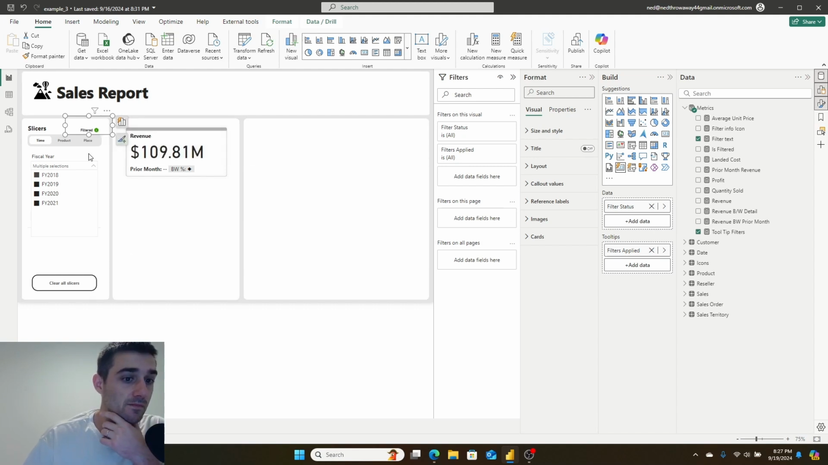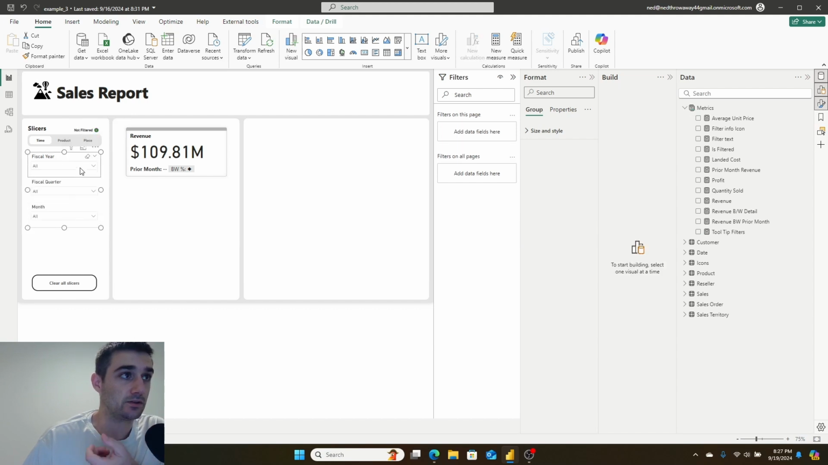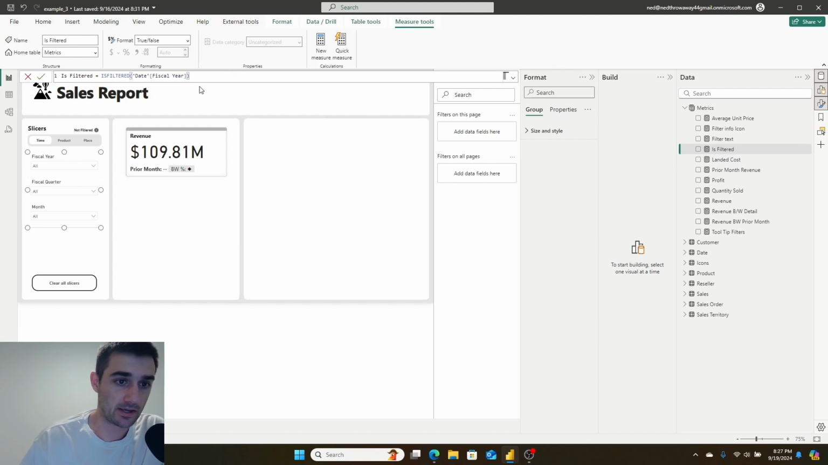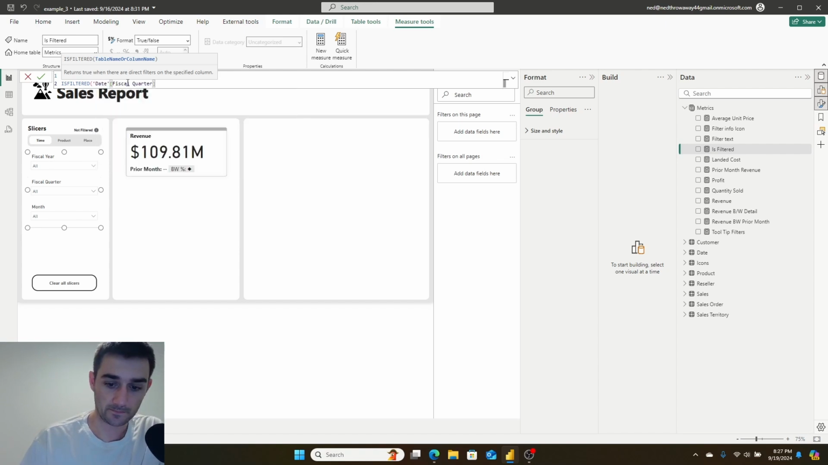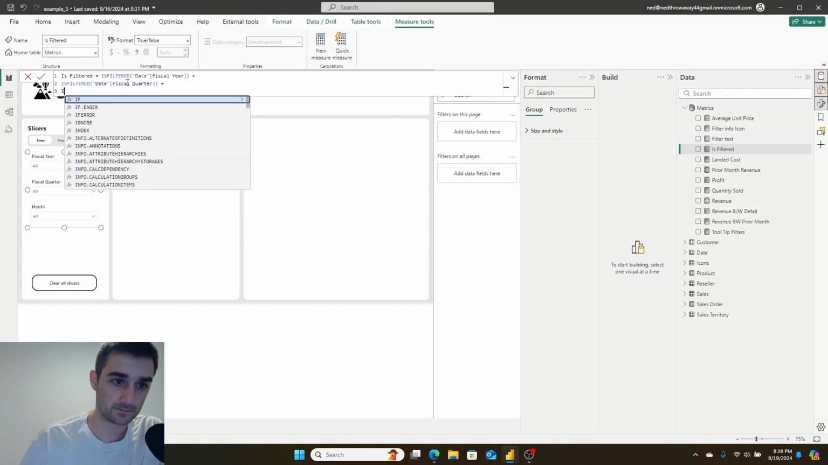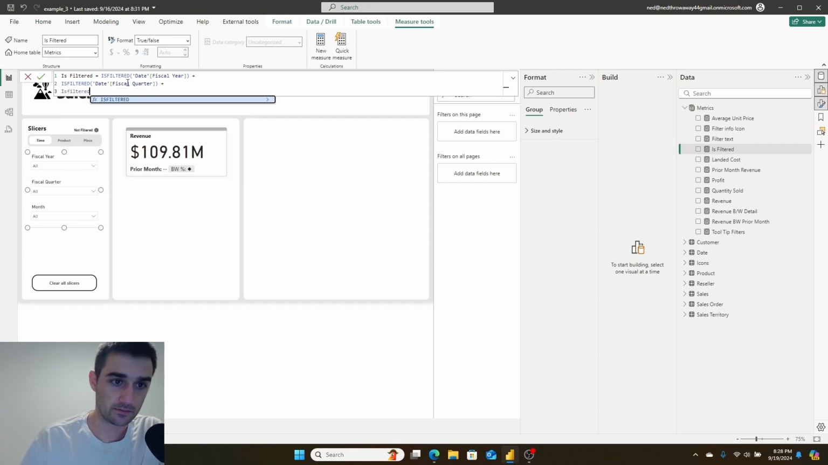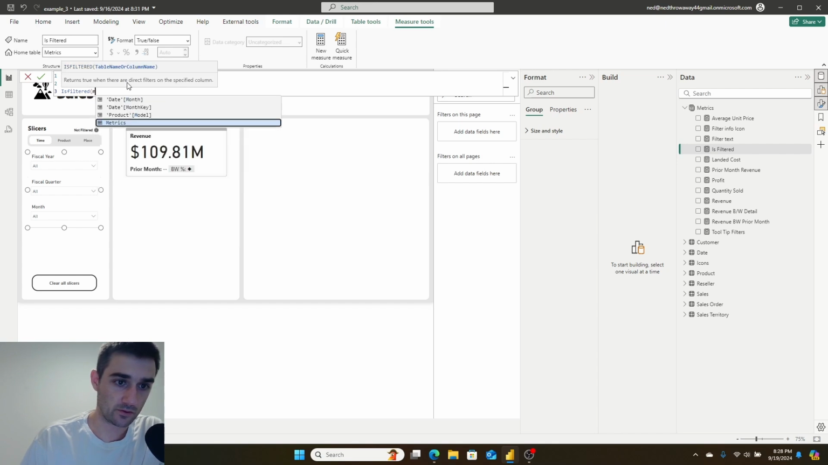So let's go ahead and implement this functionality for the rest of the filters that we have in our slicer panel. I'm going to start by going to isFiltered, and I'm going to do the same in here. So I'm going to go plus, Alt Enter, and type isFiltered. My first column is date, and then I'm going on fiscal quarter. Then I'm going to go plus, then Alt Enter, isFiltered, right? And then we'll go month,